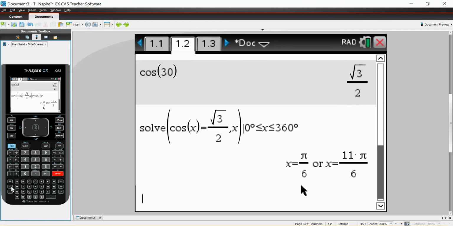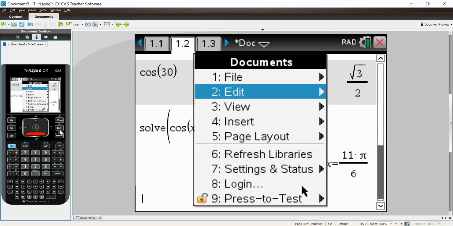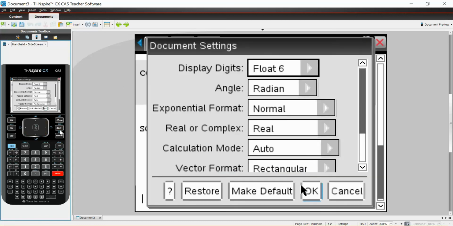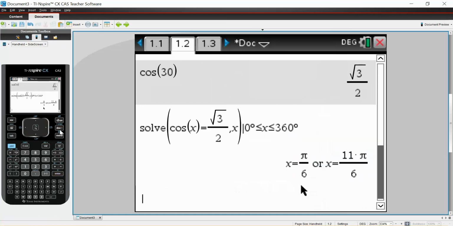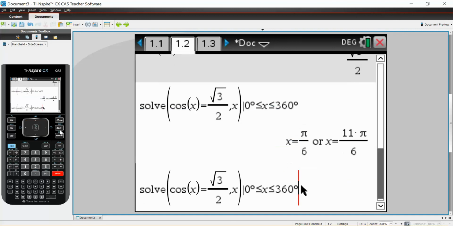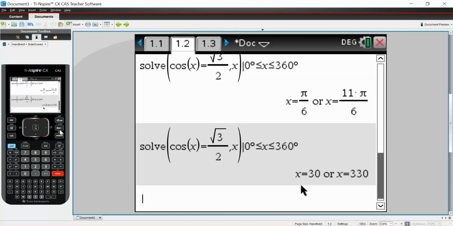This is in radians as my answer, 11 pi on 6, because I put my mode in radians. If you want to know the answer in degrees, you would go to settings and change it to degrees, and watch if I do this now. See, the mode will change what your answers would be. So depending if you want it in degrees,